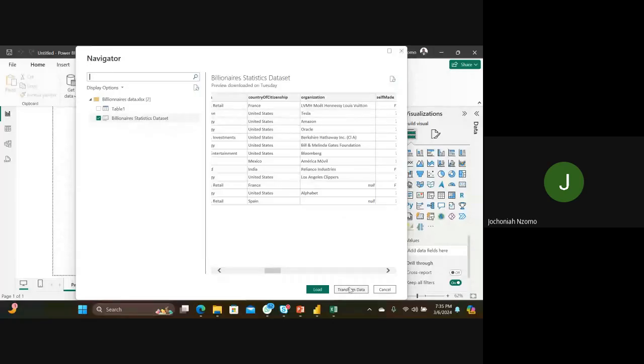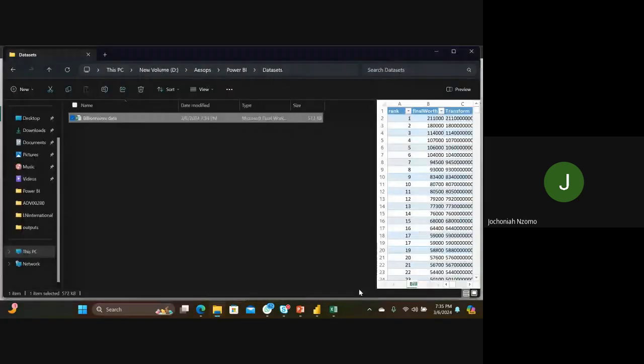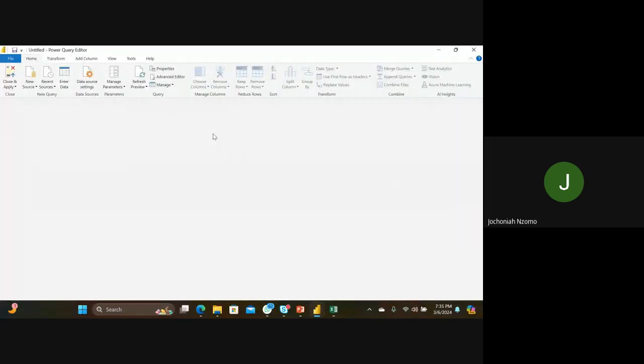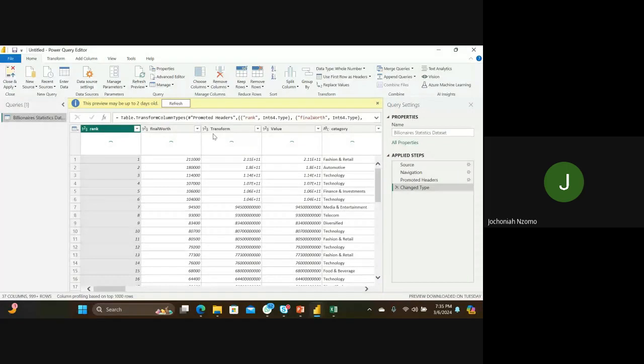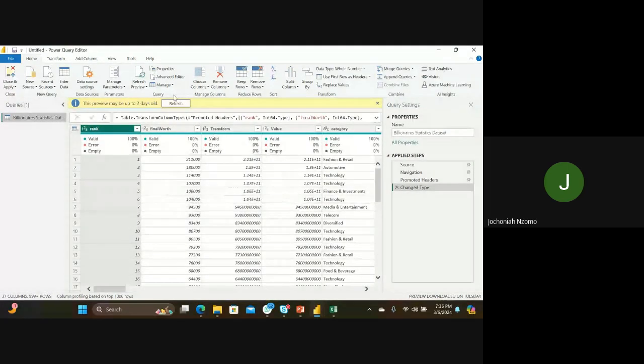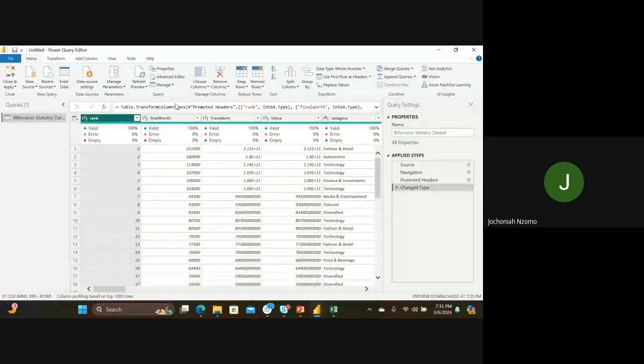Mostly when you get your data, always click on transform to check if your data is in the right data type and if you want to do anything else. So it's going to load, and you can see this refresh functions I was telling you about. I can decide to refresh, and automatically